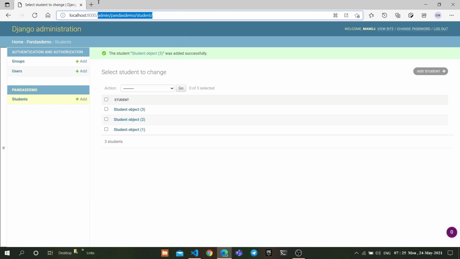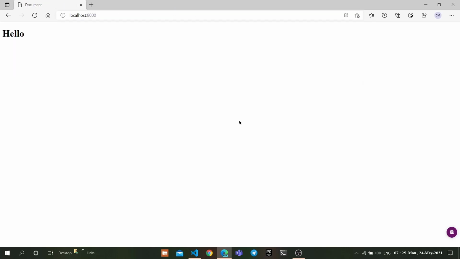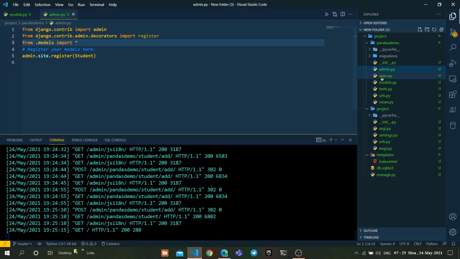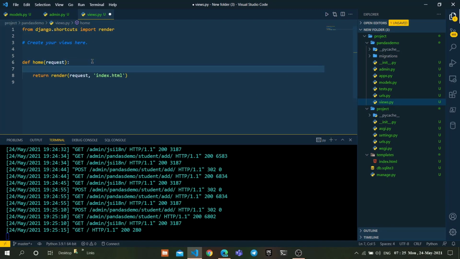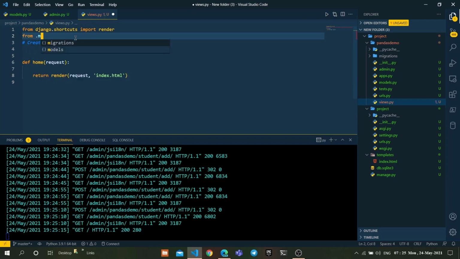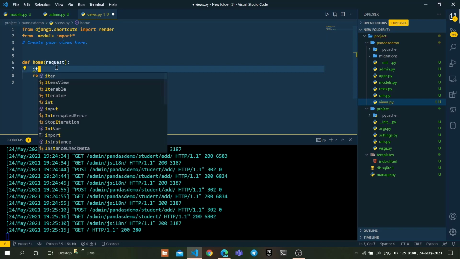So what you can do is go back to the home page and let's modify our home view a little bit. Here, import the models in the views page: from .models import *. So let's create an instance for student.